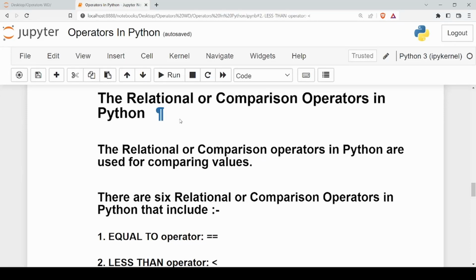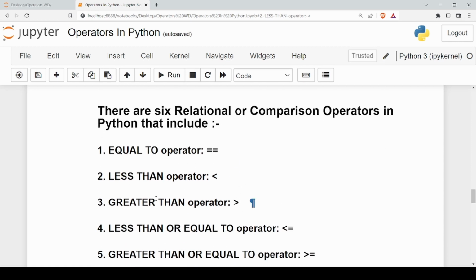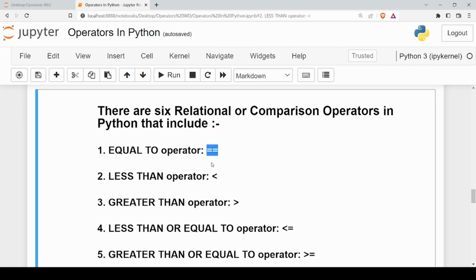We learn about the relational or comparison operators in Python. The relational or comparison operators in Python are used for comparing values. There are 6 relational or comparison operators in Python that include the equal to operator that is defined by using this